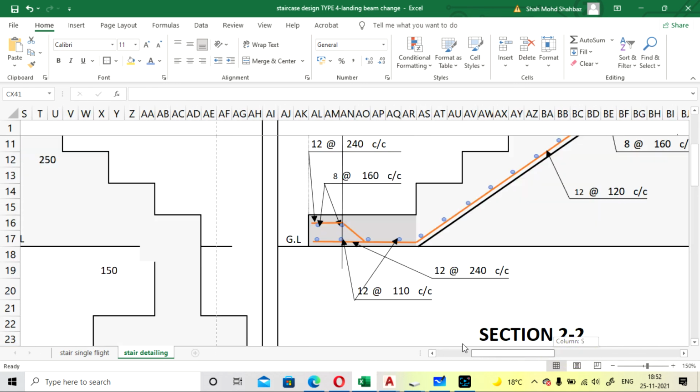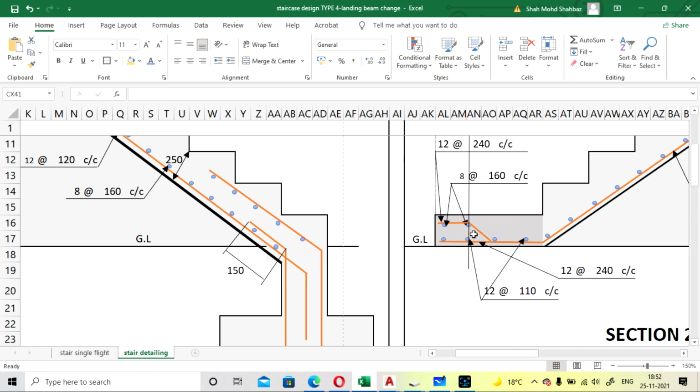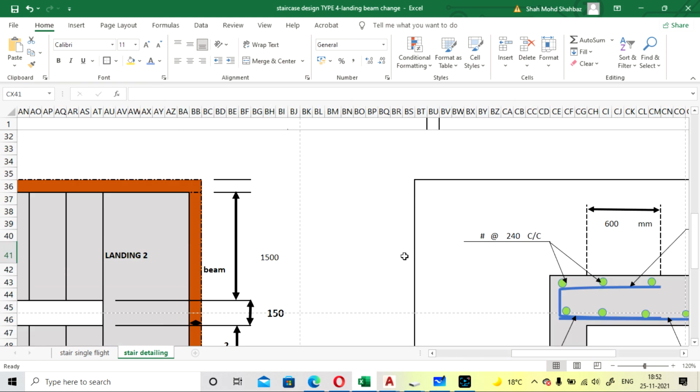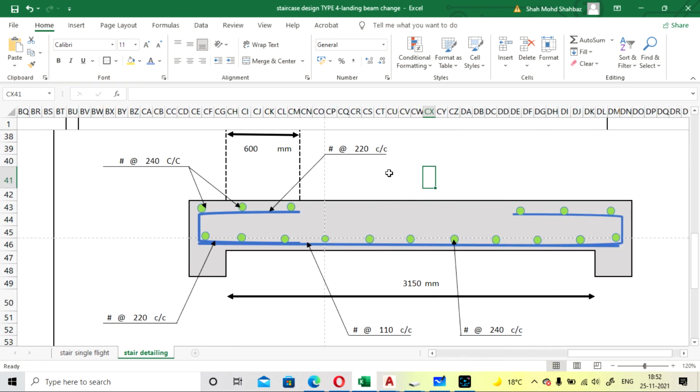Here the orange one will become 12 at 240. Okay, so you can easily give the steel, and it is provided only in landing slab 1. You don't have to provide it for the whole slab, it is provided in landing slab 1.